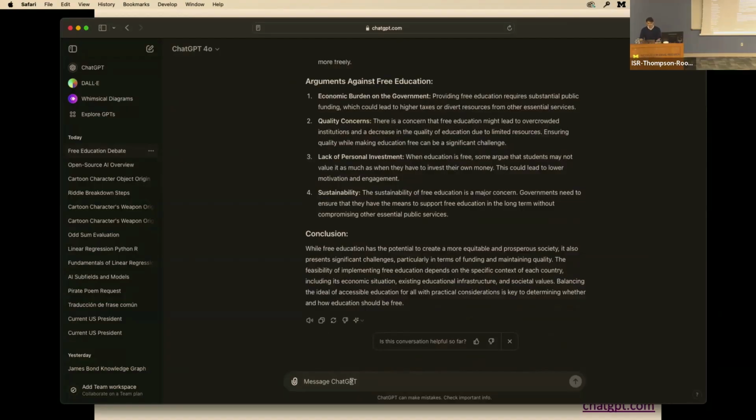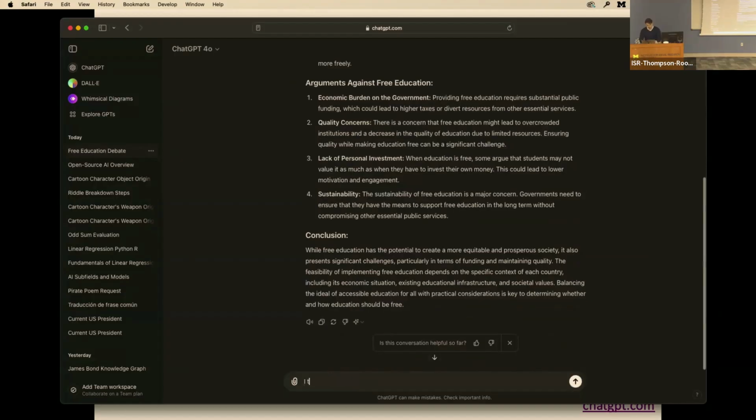Now, say that I want education to be free, and I want to write something that says education should be free. I could say, I think education should be free of cost. Write a small argument using your information.